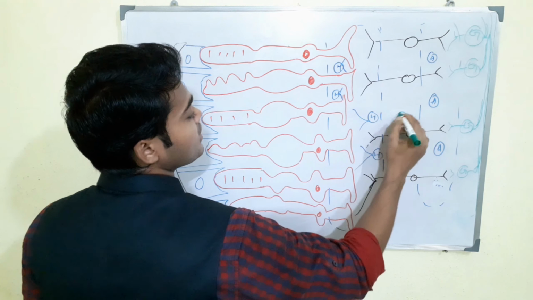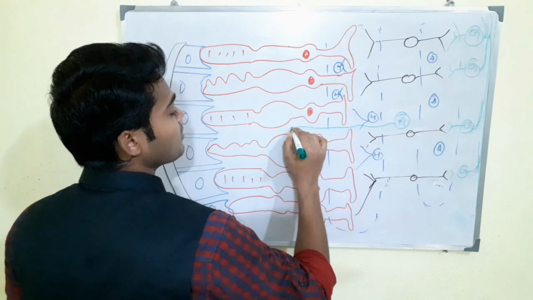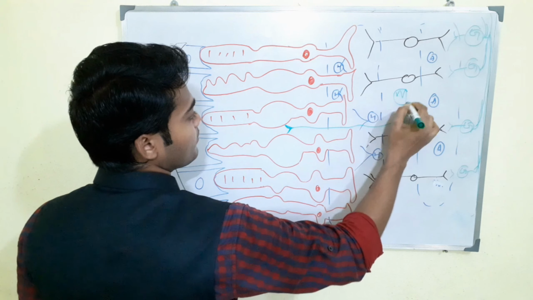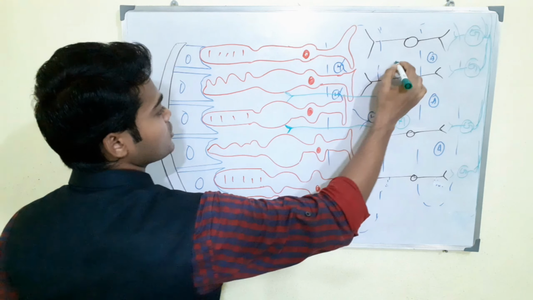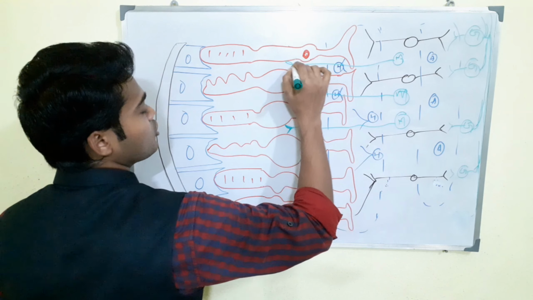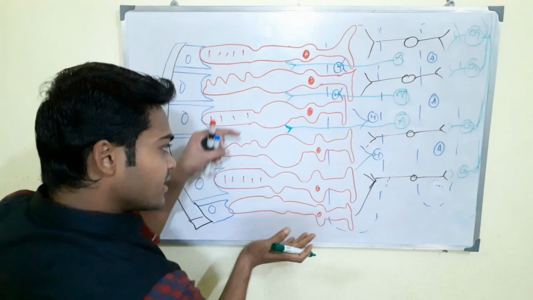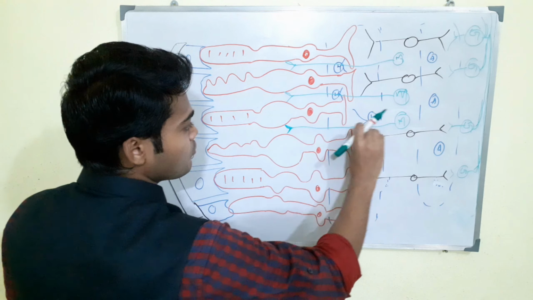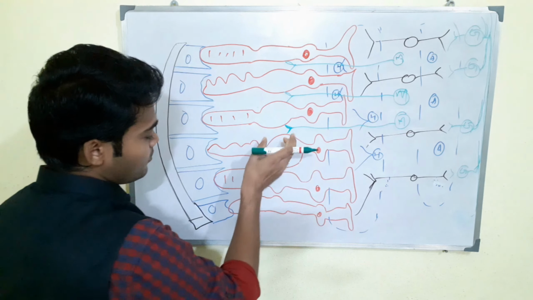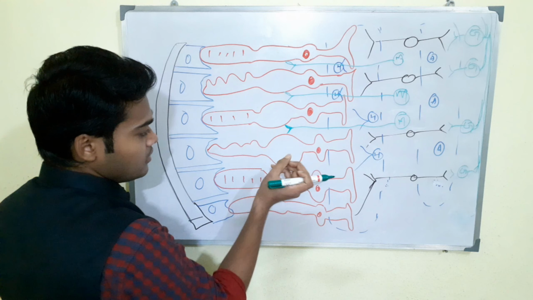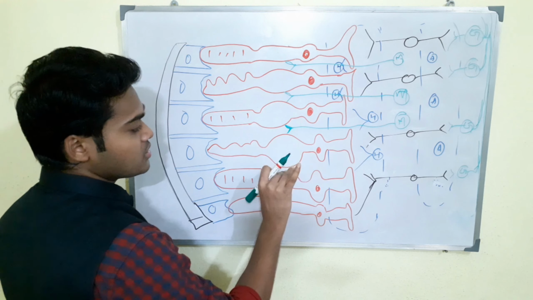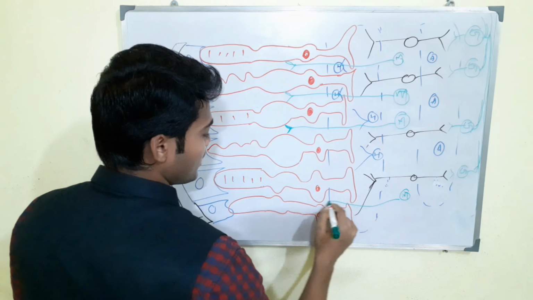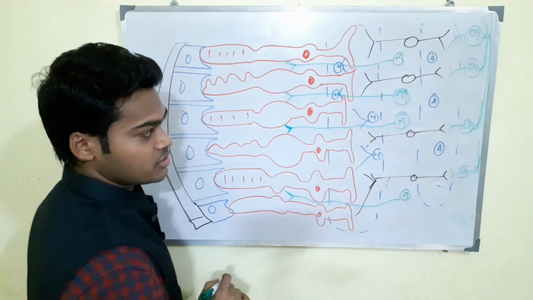So here a Muller cell is also present, and this Muller cell uses its cilia to keep the cells in position. If the Muller cell is not present, it is possible these cells would collapse, because this is very hard. Just assume there are lots of wires connected, and suppose this is a bulb; they might collapse and get fused, right? So here the Muller cell helps these cells maintain their position.